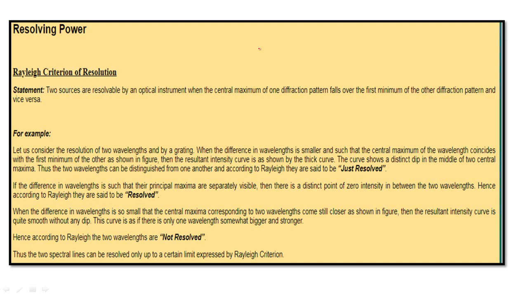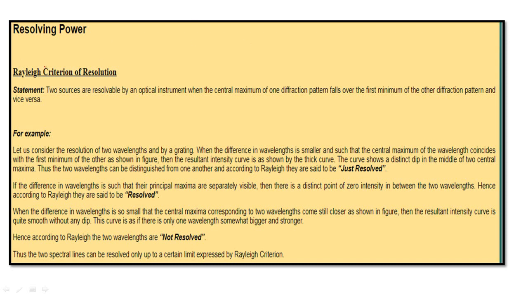Similarly, if there are two wavelengths present in the given source of light which are very close to each other, then in order to see the two wavelengths as distinct and separate, we use another optical instrument such as a grating. We have already discussed how a plane diffraction grating is formed. A grating is formed by taking a plain glass plate, and on that plate equidistant parallel lines are ruled with the help of a fine diamond pen, so that the ruling acts as an opaque region for the incident light, and the space between two rulings acts as a slit. Roughly 15,000 lines are ruled in 1 inch, so that the width of the slit is comparable to the wavelength of incident light.